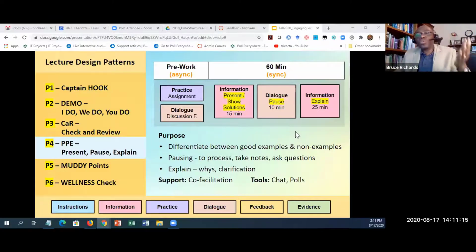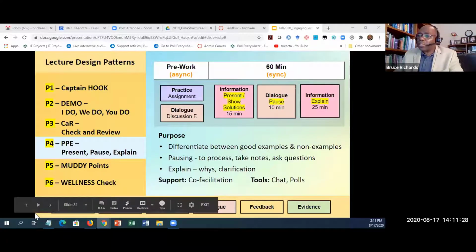And you notice the beauty about this. You don't have to be the one talking. Your students now begin to talk because they're articulating the same language that you know so well. So present, pause, and explain, PPE.